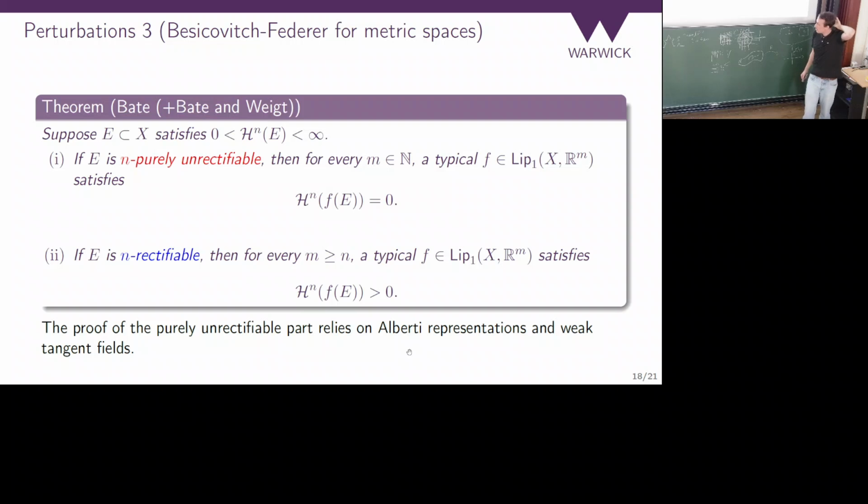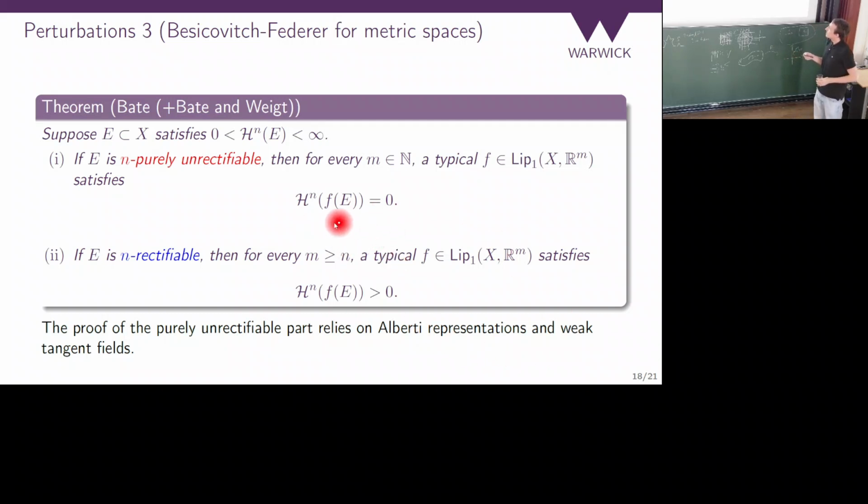There's a few things you can think about here, right? So what can we do? You can ask about improving this theorem. Some of you have seen that this can be improved. If E actually lives inside a Euclidean space, then instead of bigger than zero, you can get equal to Hn of E, which is a counterintuitively strong result, but it holds. I talked about it like 3 months ago.